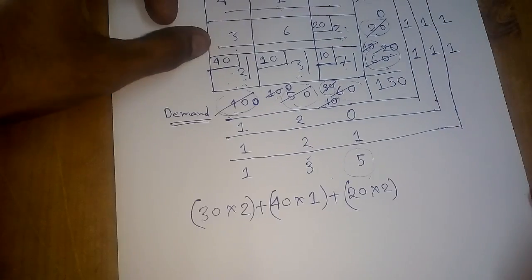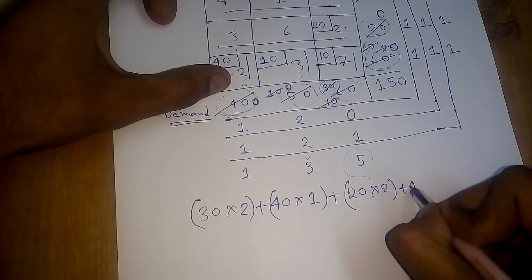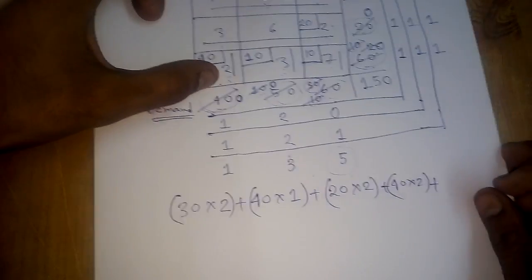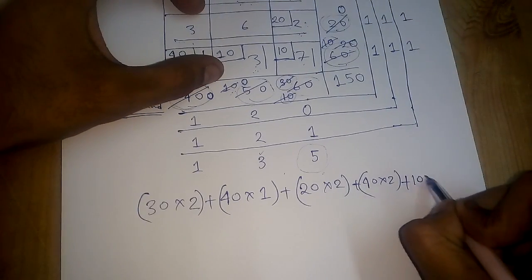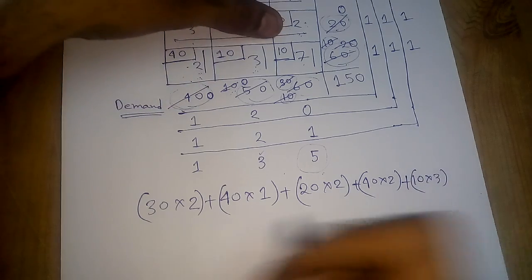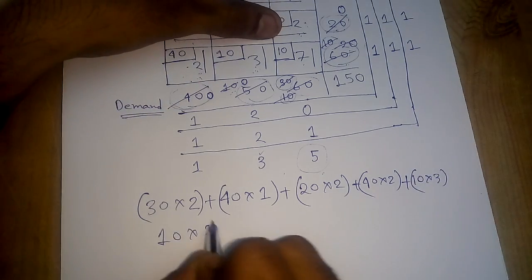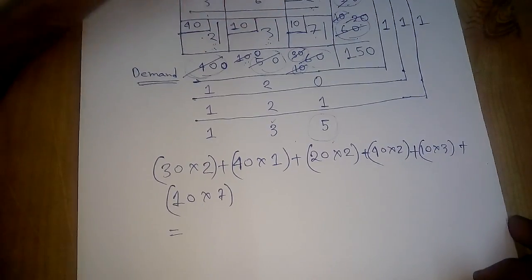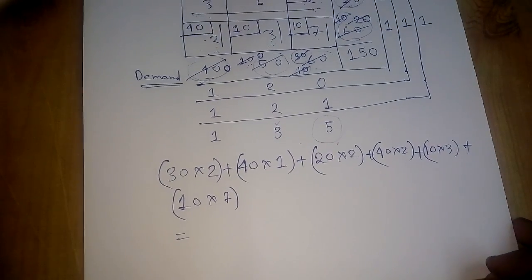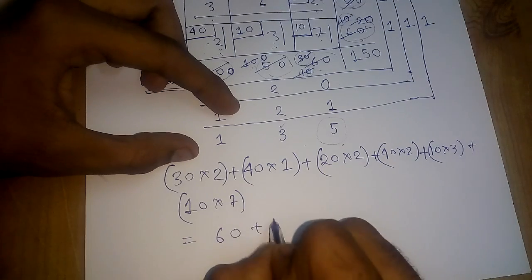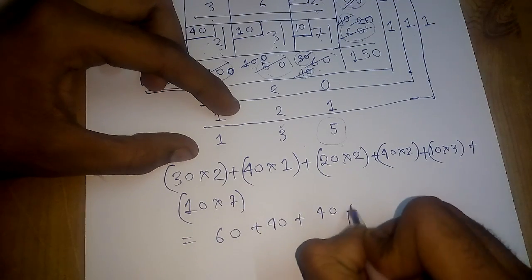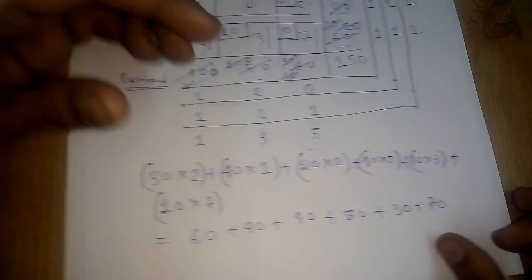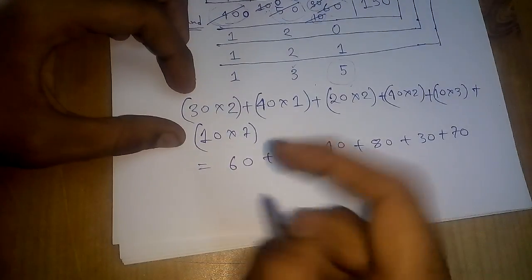Here 40 into 2 plus 40 into 2 plus 10 into 3, then 10 into 7. So the total price is 60 plus 40 plus 40 plus 80 plus 30 plus 70 equals to,